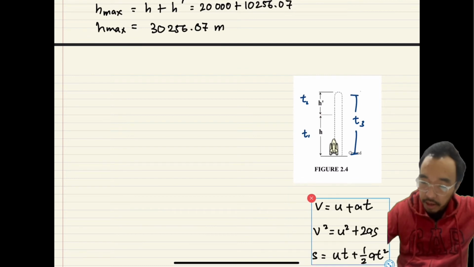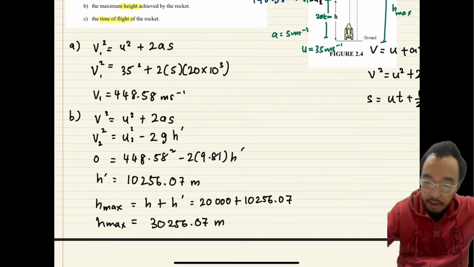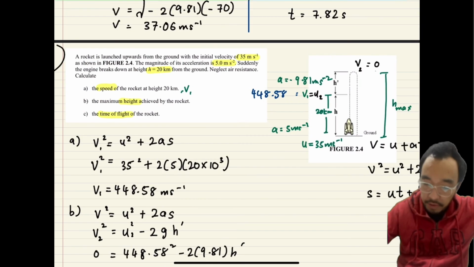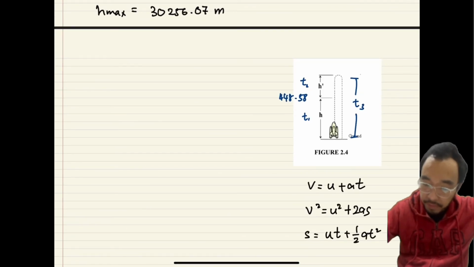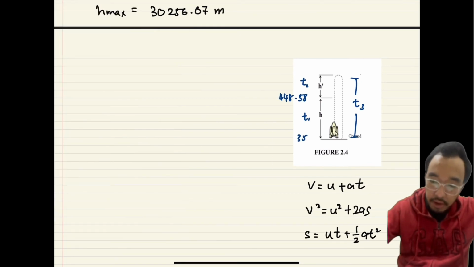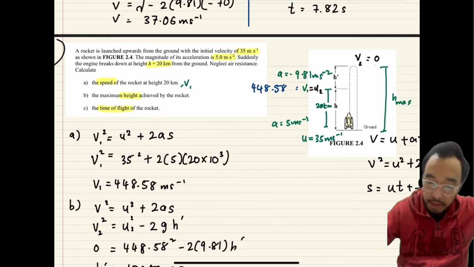For T1, they did give you the initial velocity, but you need to find the final. So here is 448.58. Just rewrite it. Initial velocity is 35. Acceleration is given as well: a is equal to